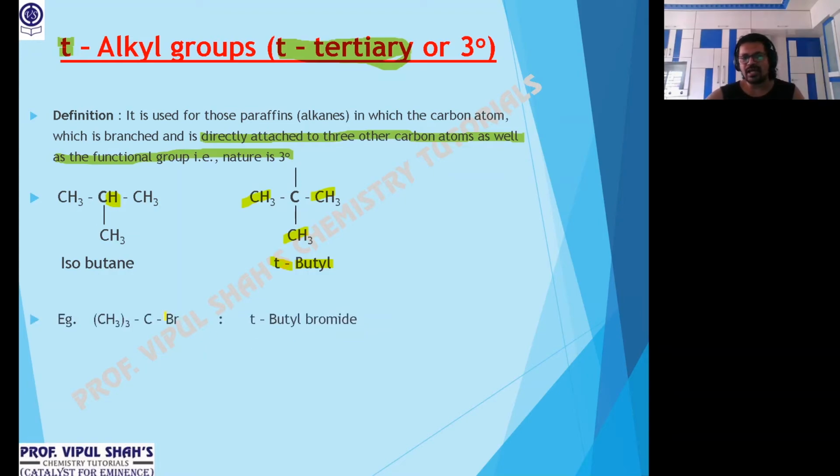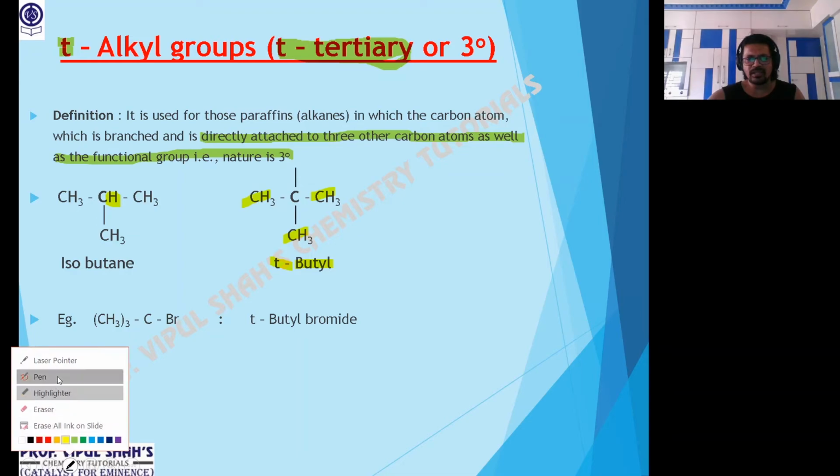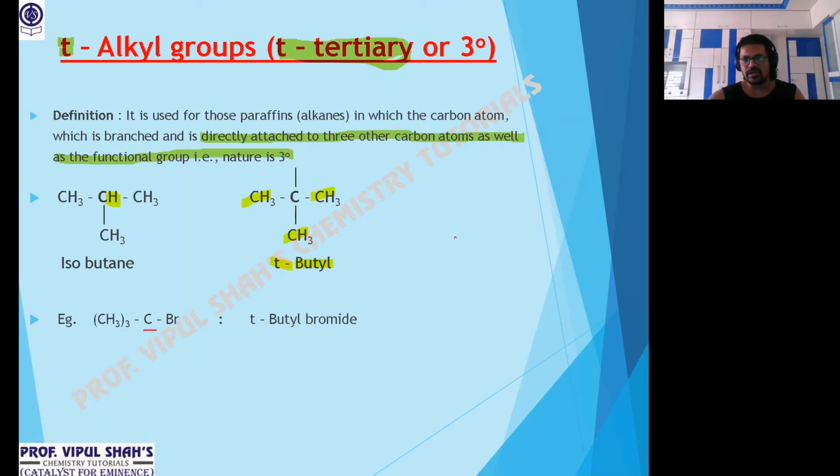Now again, we have a condensed formula. Look at that. So here, how do I frame the structure? Very easy. First of all, this C valency is short, so I'll write that C first, with 4 valency short. Then CH3 is thrice, meaning 3 methyl. So 1. I can put it wherever I want. There is no hard and fast rule. And here also methyl.